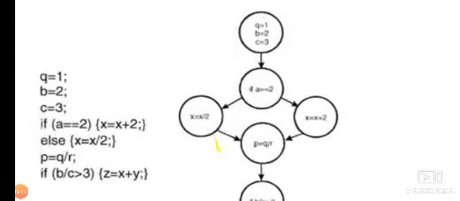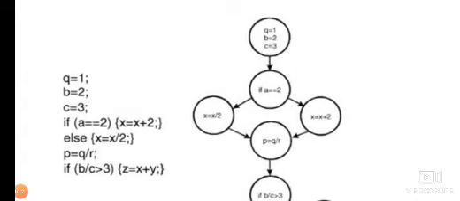So this is what we have. We have a code and the corresponding flow graph notation. This is the code. We have three statements sequentially getting executed that form a process block: A is equal to 1, B is equal to 2, C is equal to 3. So together they form a process block, with an entry arrow and an exit arrow. Within the bubble you write these three statements because they form a process block.